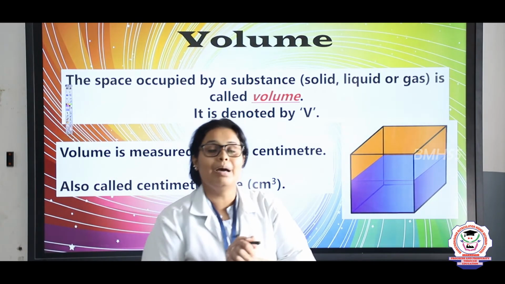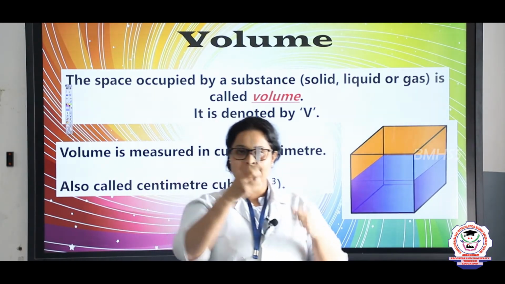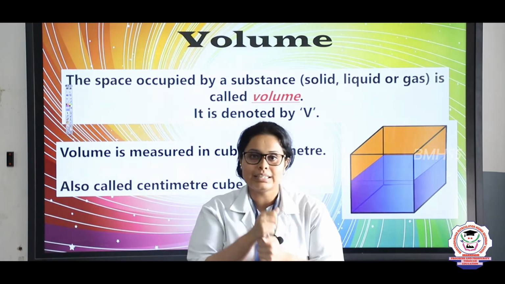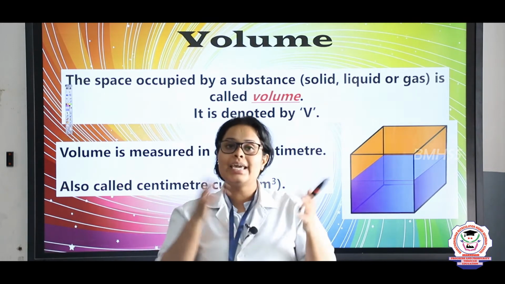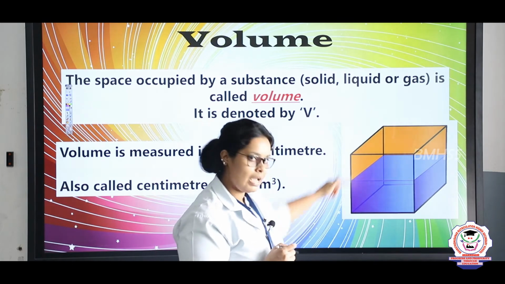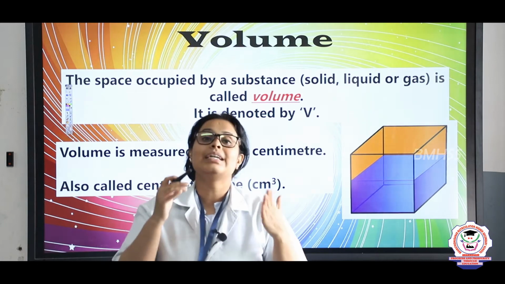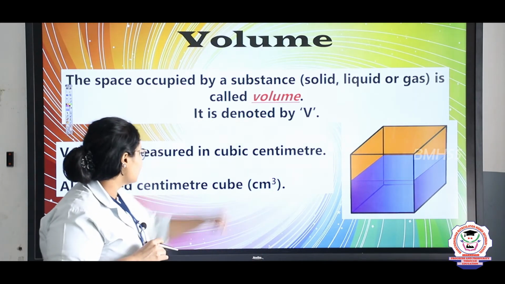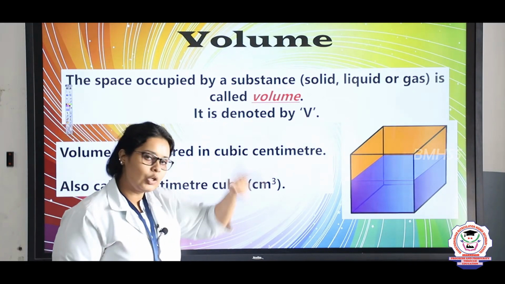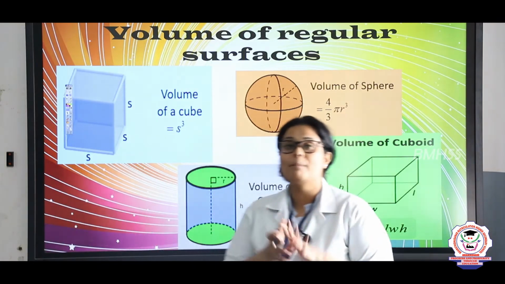Now you can ask me, ma'am, why is this cubic centimeter? Because when you are taking it, it is 3D, right? What is 3D? From each side you can see it. So when you are taking a scale or this cube, here you can see that the cube is having a height, a base and even one more side. So it is 3D. That is why it is centimeter cube, and it can also be written as centimeter power 3, right? Now let's see a few examples with the proper formula.